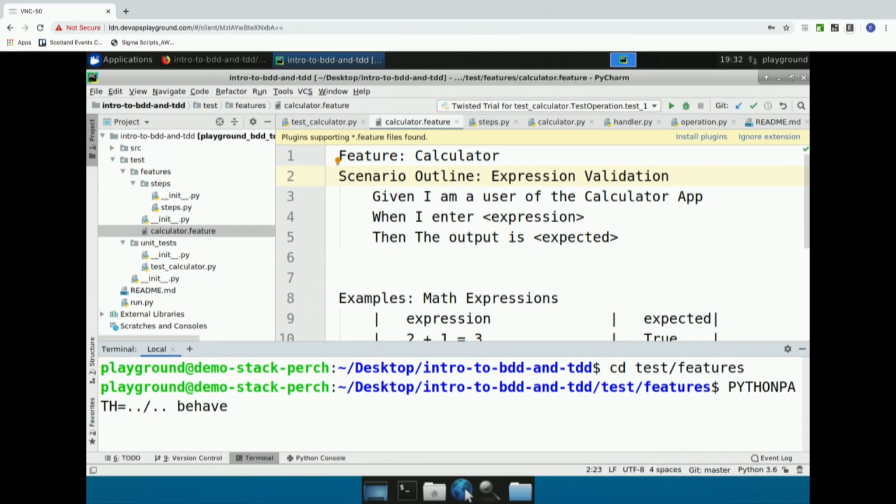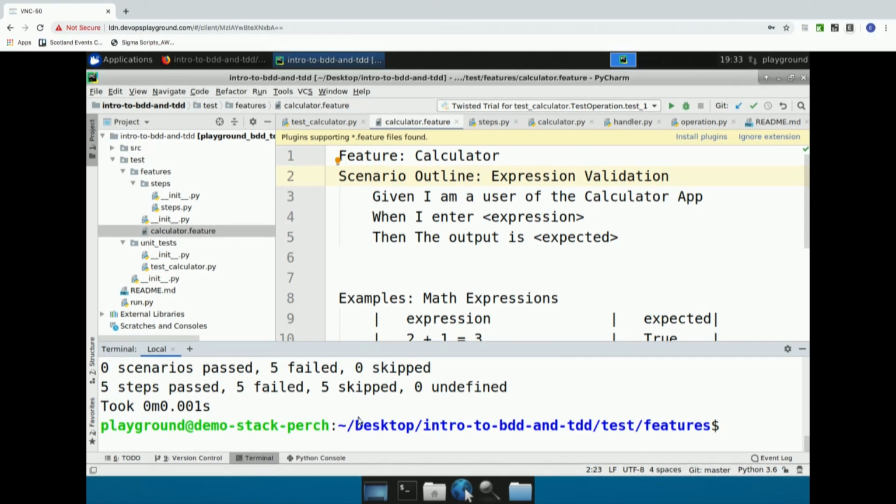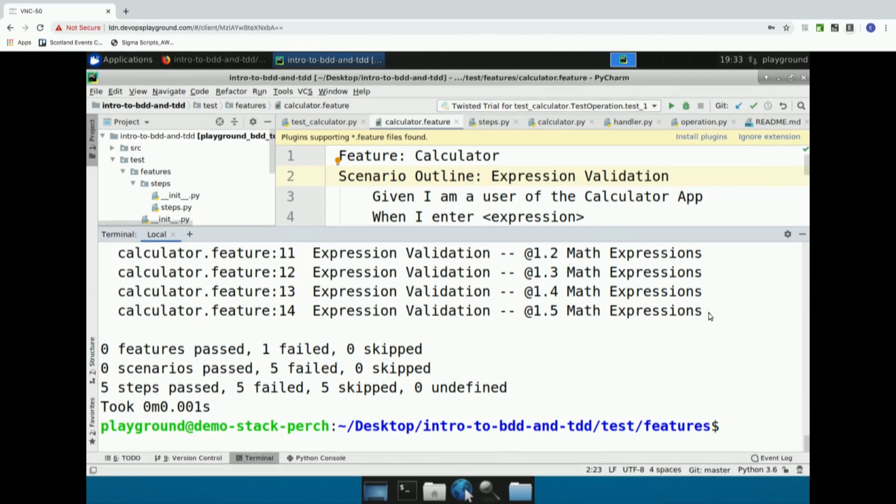So PYTHONPATH equals // space and then behave. Okay? So if we do enter,